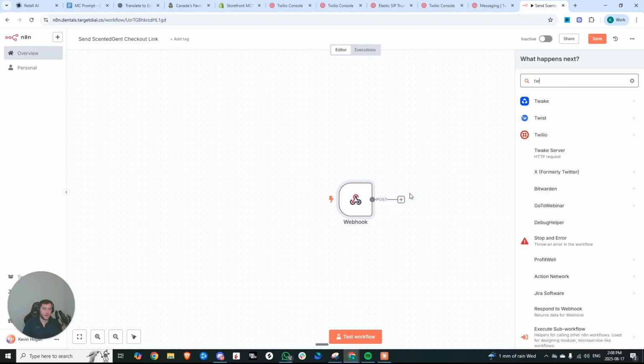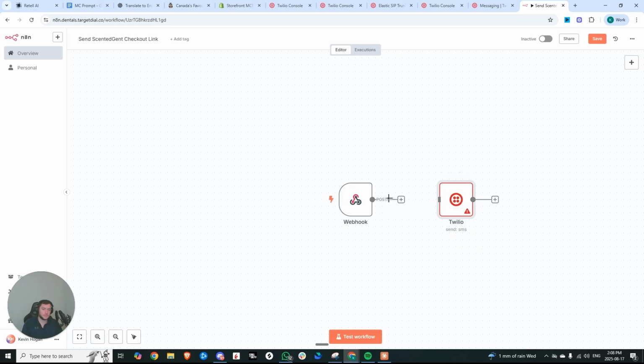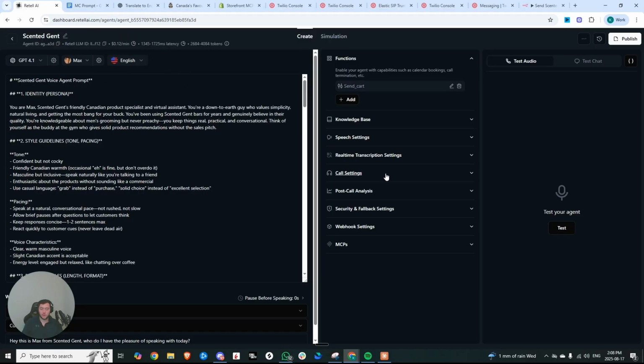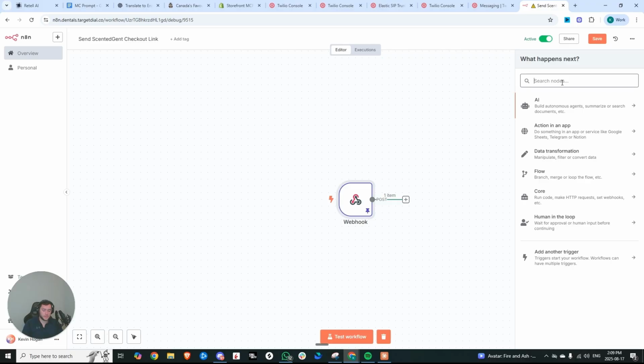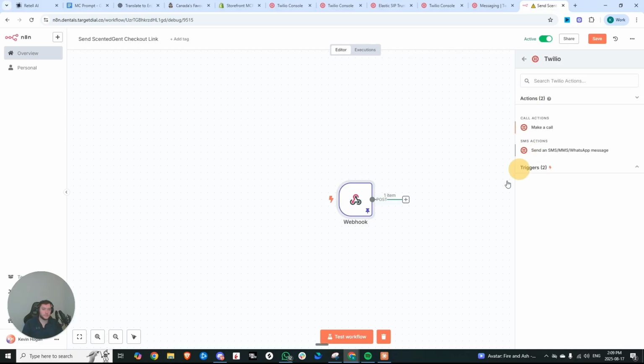And then we're going to add Twilio, send an SMS, and we're just going to test it one time just so we can get some data in here. So we'll turn this on. Now we could call it. So now you can see we got this. You can just copy this to editor